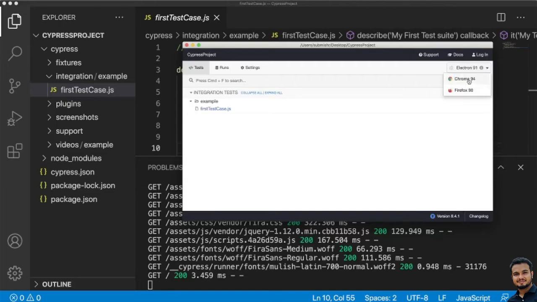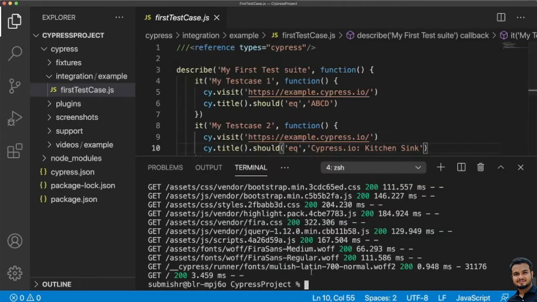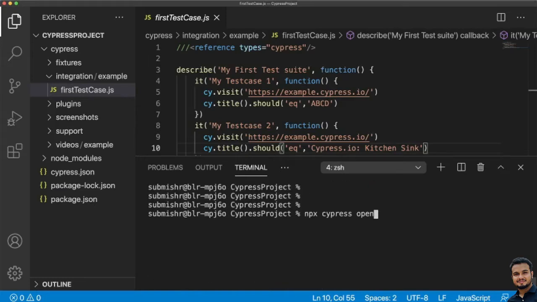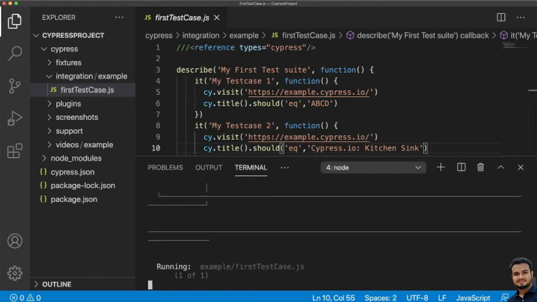Okay. Then the next thing we will try to learn is how we will execute it from our terminal. For example, we will not use this Cypress test runner, we want to run it from the terminal. How will you do it? Let me clear it. Previously you used to write npx Cypress open. So, do not write npx Cypress open, just instead of open you can write run, and enter. Let us see what it is doing.